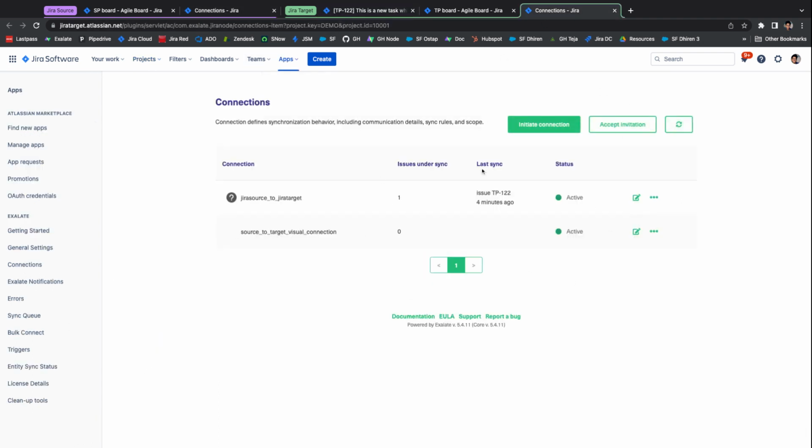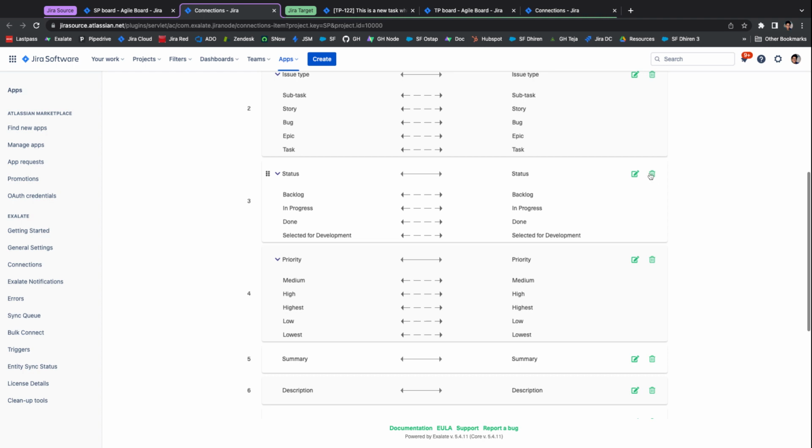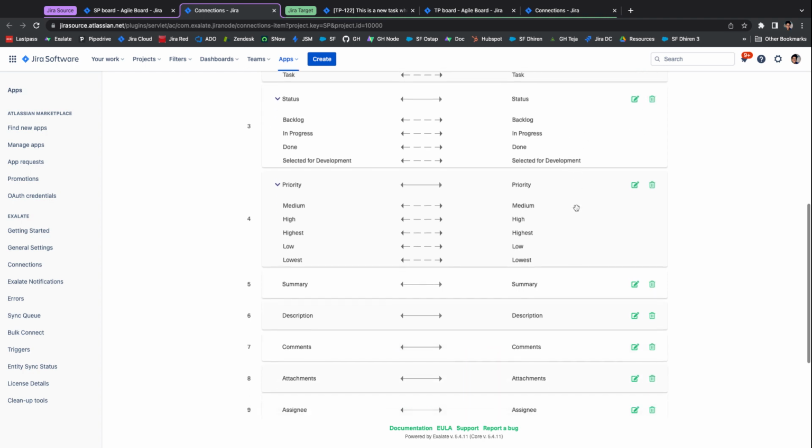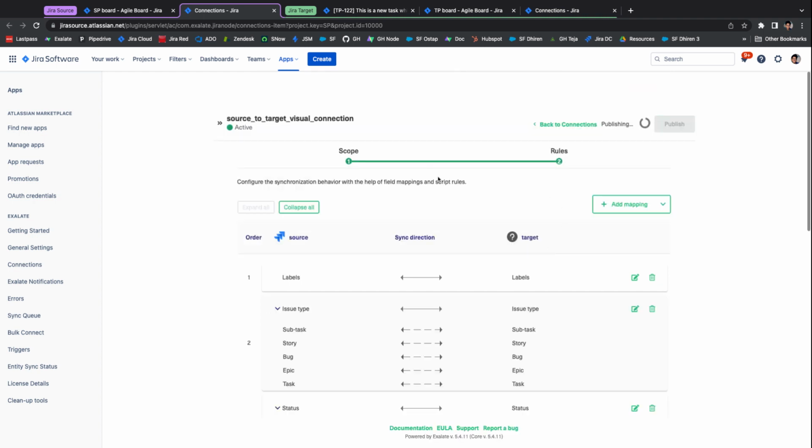Let me just refresh it. That's the connection you would see on the target as well. That's pretty much about it. And if you do not want to synchronize anything, you can just delete the mapping. That's also fine. All right, now let's just publish it,